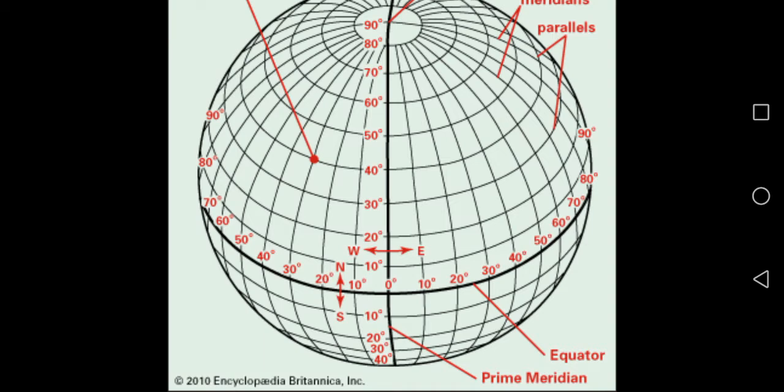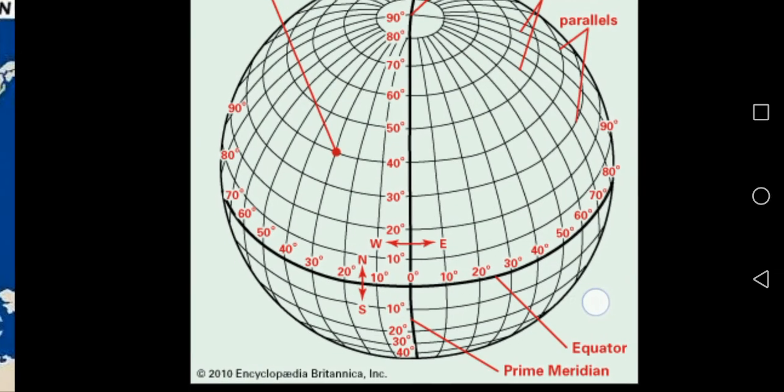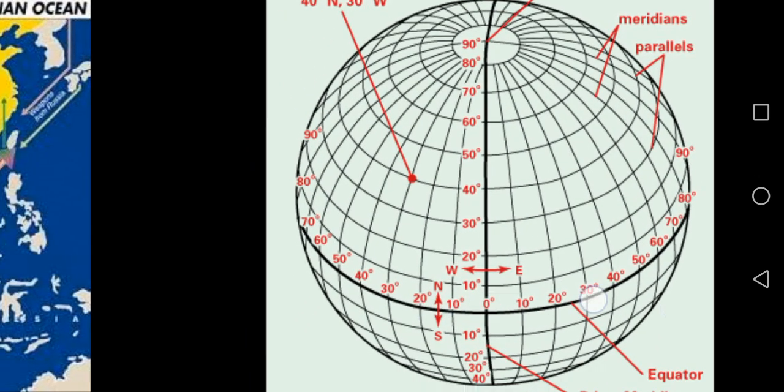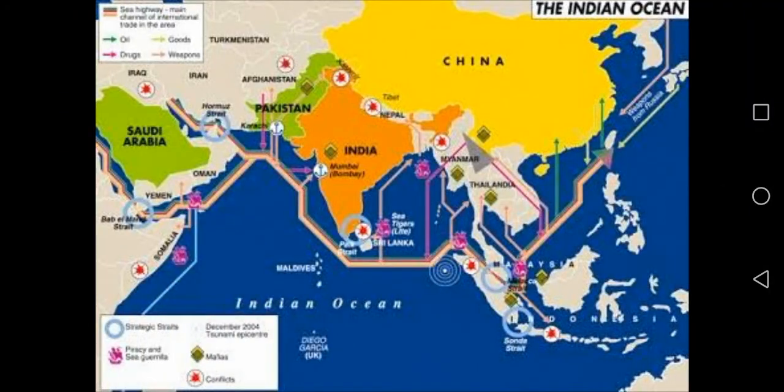And further you can see toward the north extremely, it is the North Pole. And if we move towards the east, then in the eastern hemisphere, time increases. If we move towards the west, time decreases. As I told you, the location of our country is very prominent in Asia. You can see the orange color is showing India's position and the neighboring country, Pakistan.